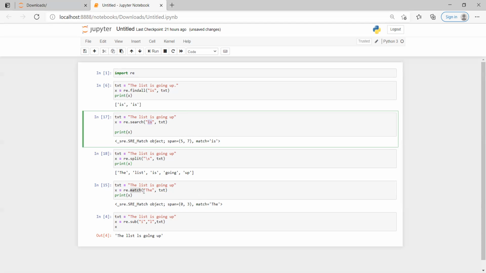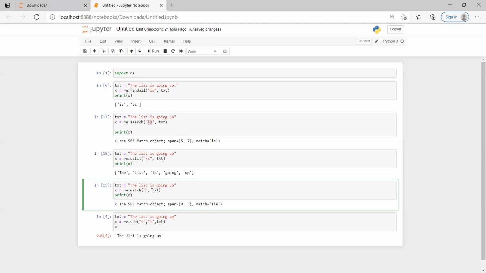Here it gave me the position at which these letters appear. If I do the same for "is", you will not find anything even though it appears here, because it is not at the starting of the sentence.